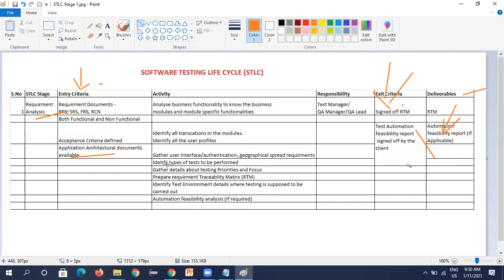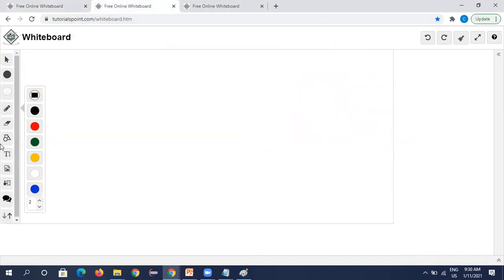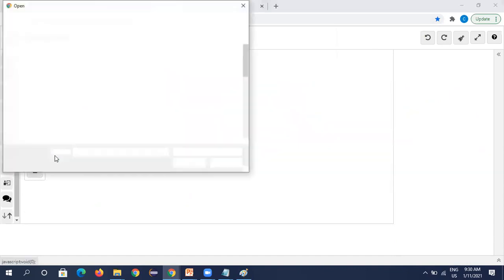So is it clear? BRS, SRS, FRS, all these documents need to be gone through to understand our activities, then we prepare the traceability matrix, and the exit criteria is signing off that traceability matrix. Next we'll see what a requirement traceability matrix is.